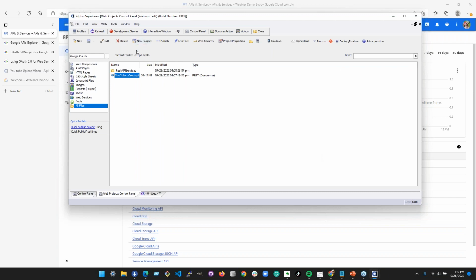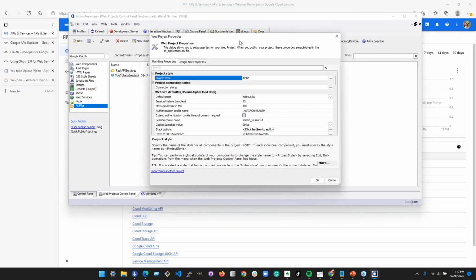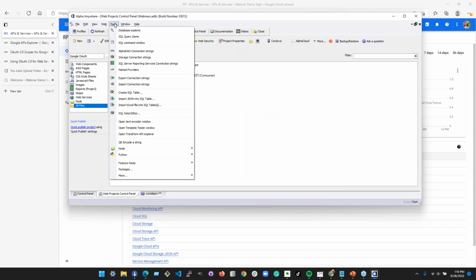And in Alpha Anywhere, you can set that up in one of two places in your project. You can add those, what we call named resource providers or resource providers, in the web project properties, so it's specific to your project. Or you can access them up here through the tools menu under named providers. The word resource is missing, just keep that in mind.